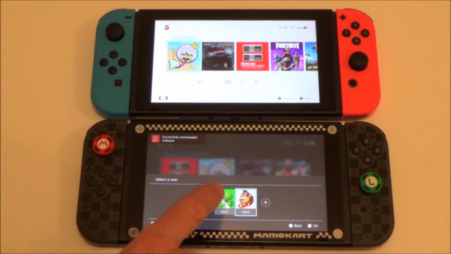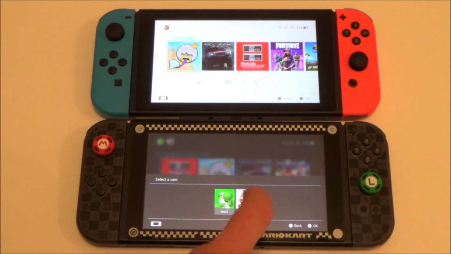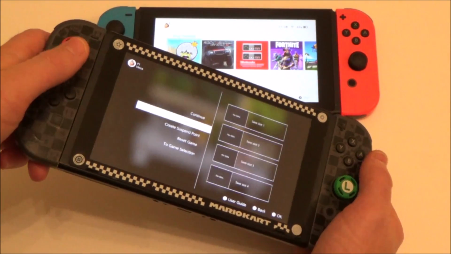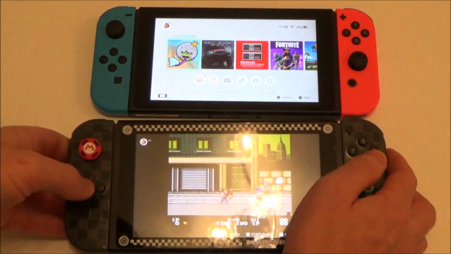Downloaded. I'm just going to use the other user just to make sure it's definitely going to fail, which it does. There you go, sign in. So let me go to myself. Working fine. Let me just check the save data. Right, okay, but the save data again is not there, so it definitely